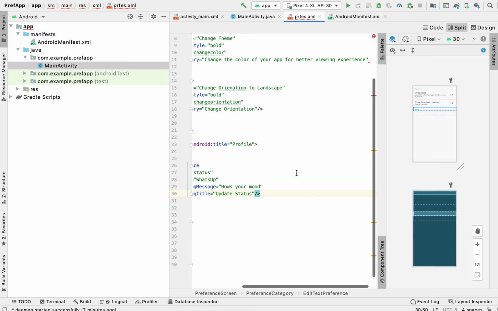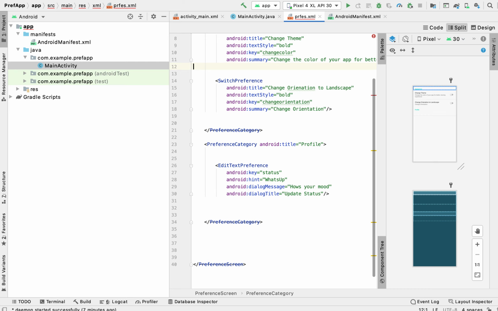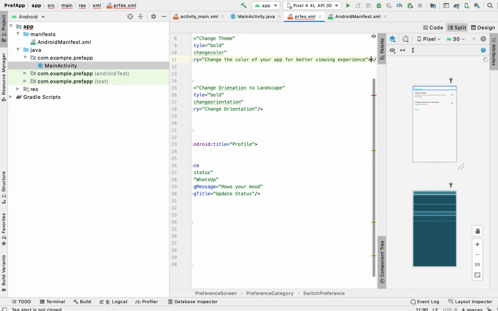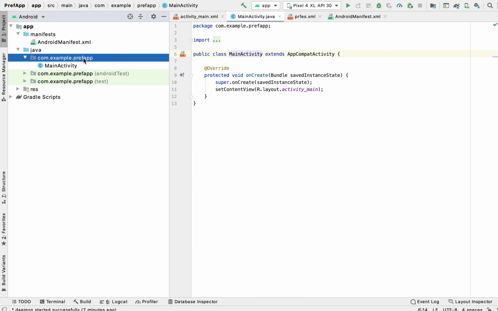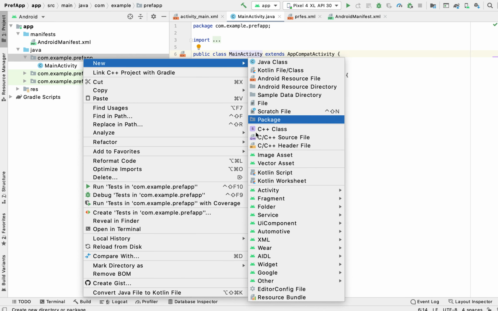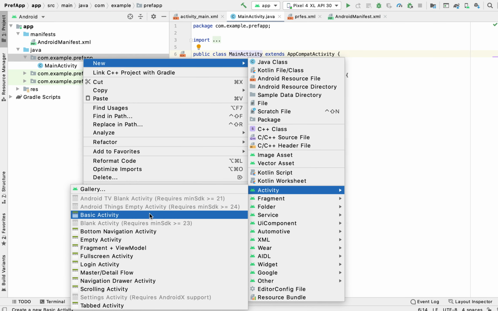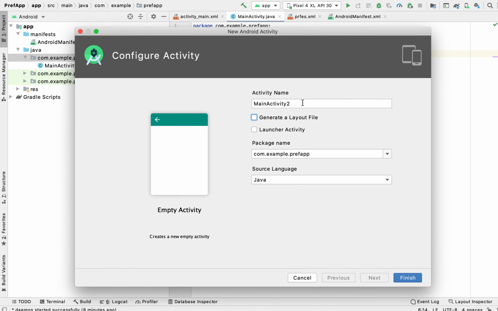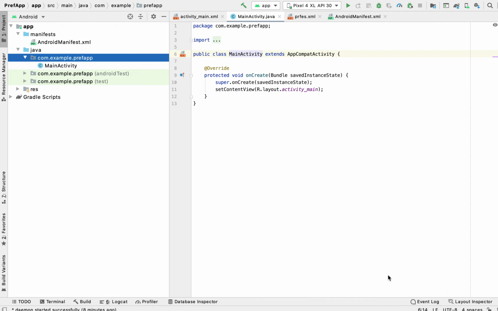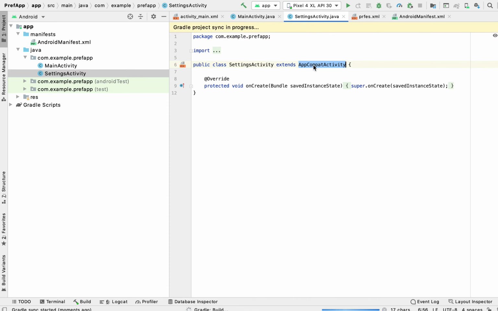It's giving me some sort of error here. Okay, yeah, I had to close this tag. Oh, wow. Okay, perfect. Okay, we'll go to our, we can create an activity and just disable the layout file. We can name it settings activity, and here instead of extending it to app compat, we will extend it